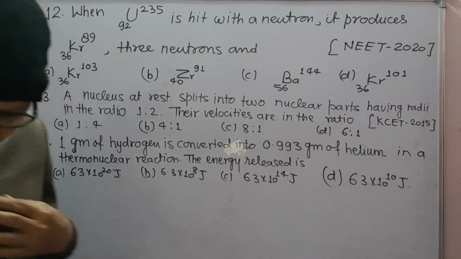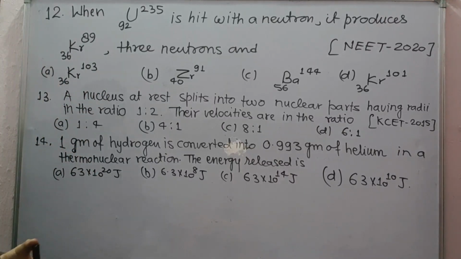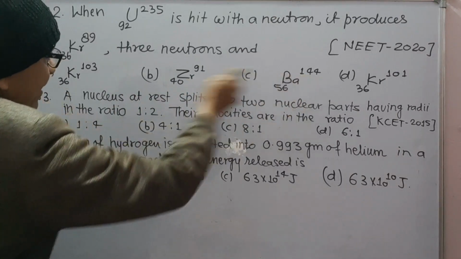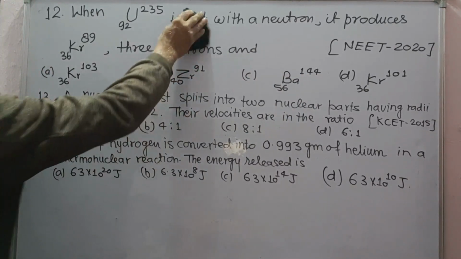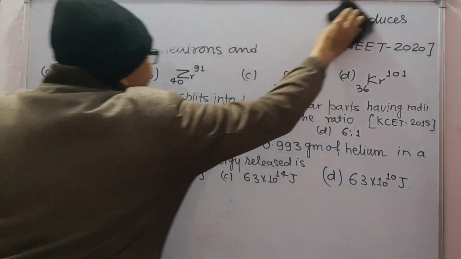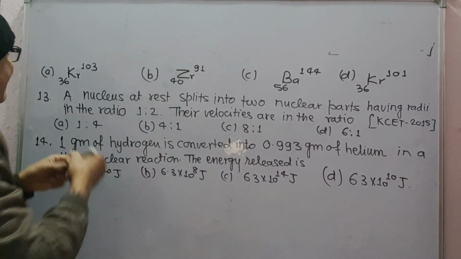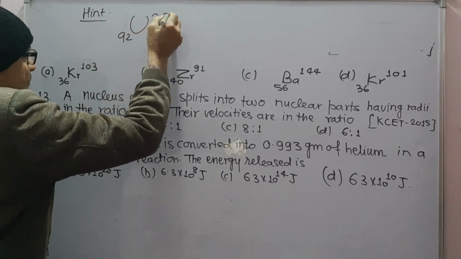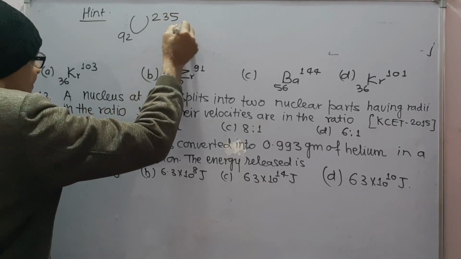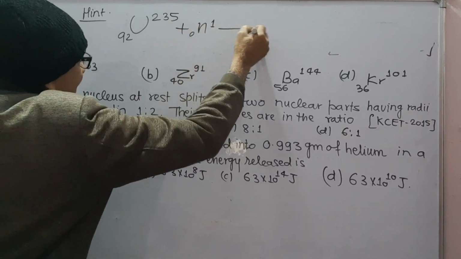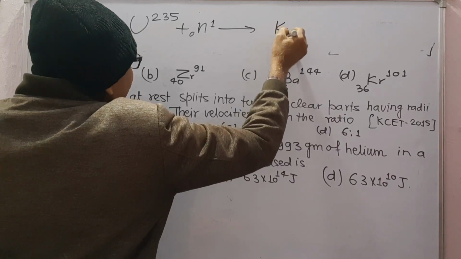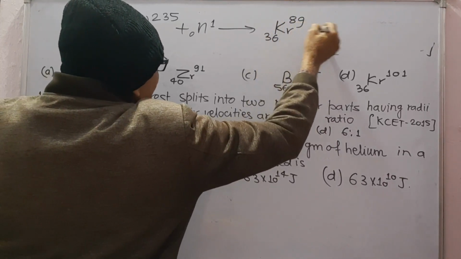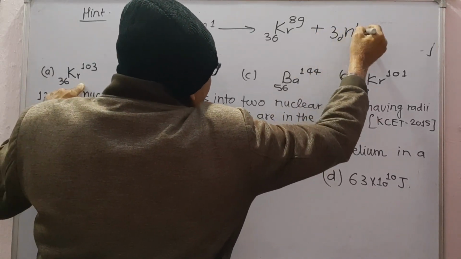Next question number 12. When uranium 92-235 is hit with a neutron, it produces krypton 36-89, 3 neutrons and any one of these options. Now we know that the nuclear fission reaction in this case is uranium 92-235 plus neutron is equal to krypton 36-89 plus 3 neutrons plus